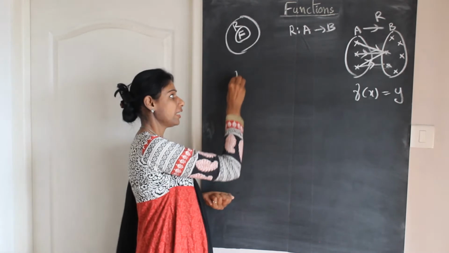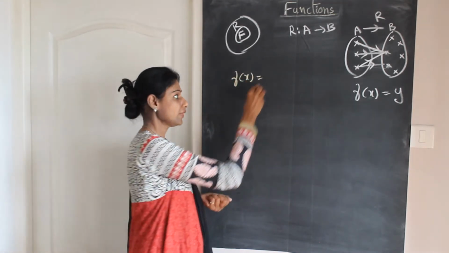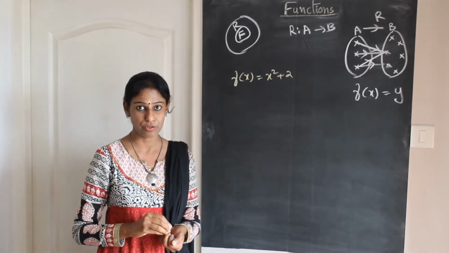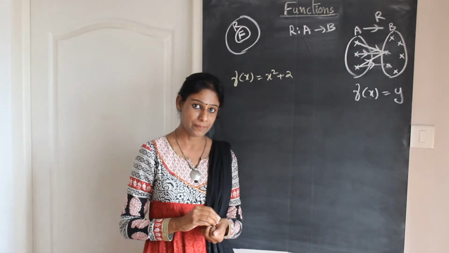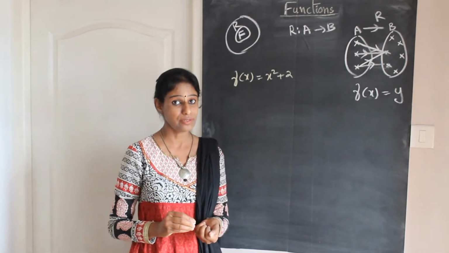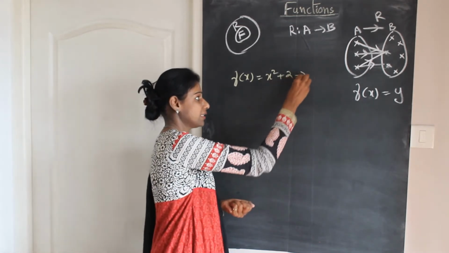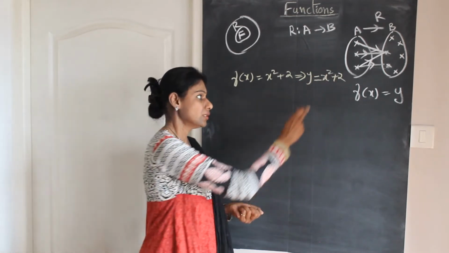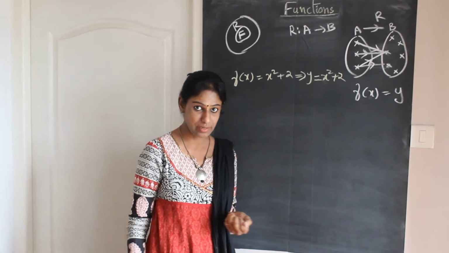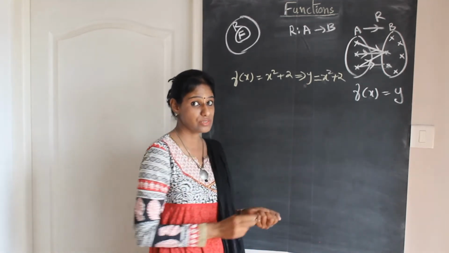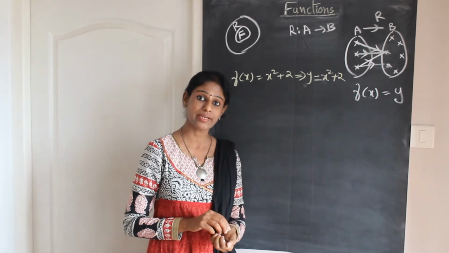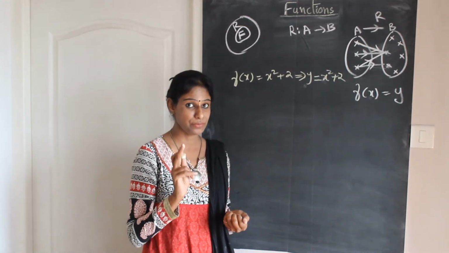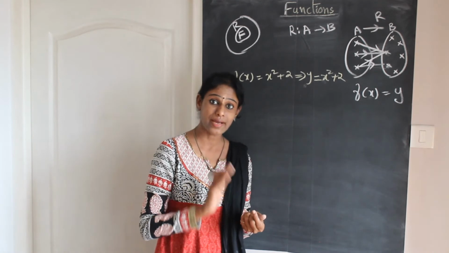So we are taking a function f of x as x square plus 2. Suppose the function is x square plus 2, which is a quadratic polynomial. What is the domain of this function? Means what can you give as the value of x? So this is y is equal to x square plus 2. The set of all values of x is your domain. The set of all values of y is your range. So here in x square plus 2, you can give anything in the place of x. So the domain is the set of all real numbers. One thing you need to take care of: here we are discussing real valued functions.